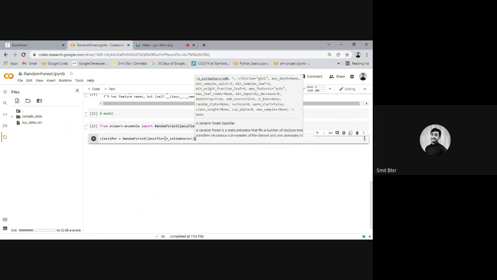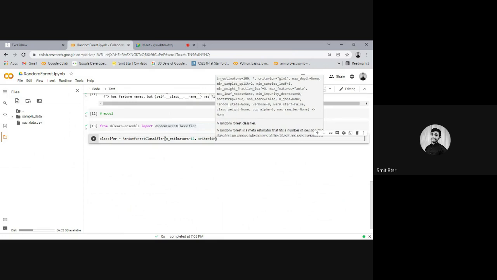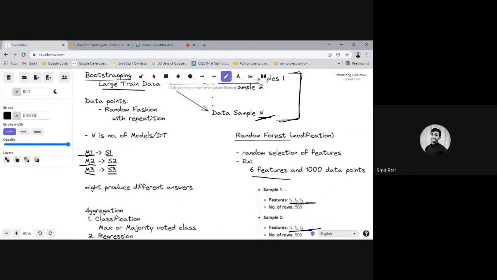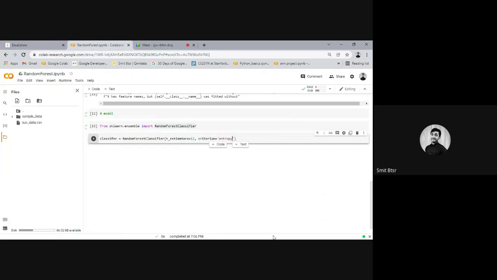And one more: criterion is entropy. If you have any physics background, then you might know what entropy means. It basically picks the random data points, as we discussed here, and we can specify that from here, or we can omit it as well.